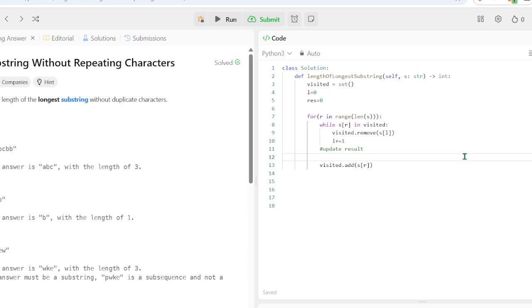While S at R is in visited, you remove the left, increment the left. Right will already be incremented by that. Okay, well I know that this will be return result, right?